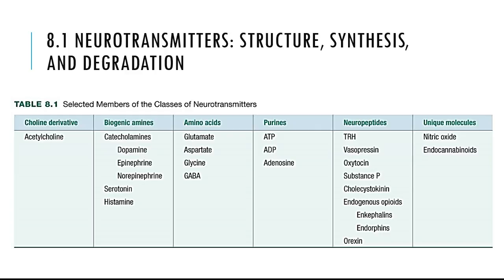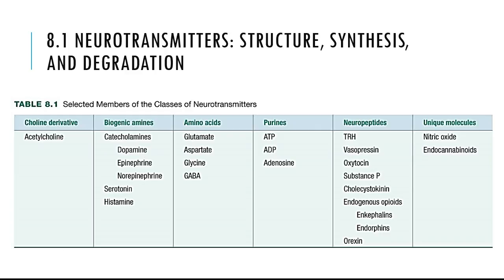We have some which are called amines, biogenic amines, including catecholamines. When anybody uses the word catecholamine, it actually means 3 types of neurotransmitters, or maybe 1 of 3 types. They may be talking about dopamine, or epinephrine, or norepinephrine. Serotonin is also an amine, and histamine, you've heard of that one as well. It's an amine-based neurotransmitter. Some amino acids, which you probably studied for making proteins.